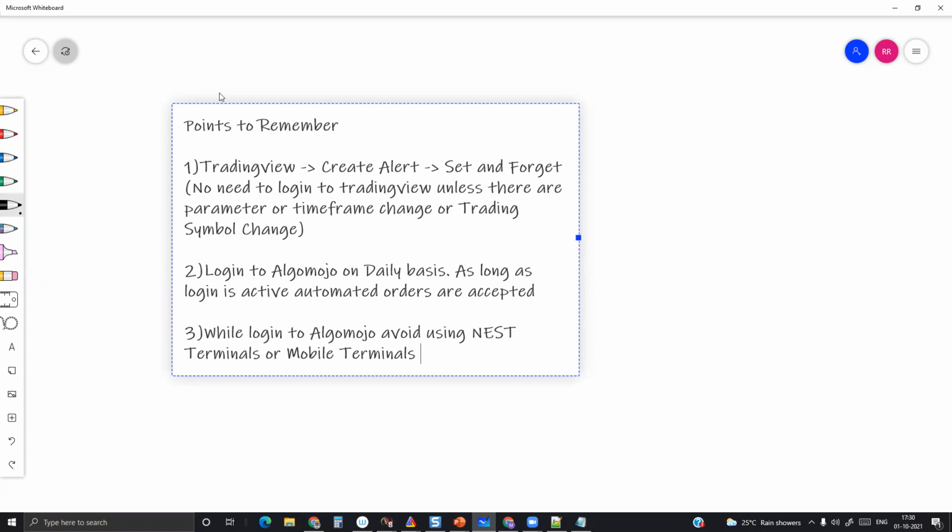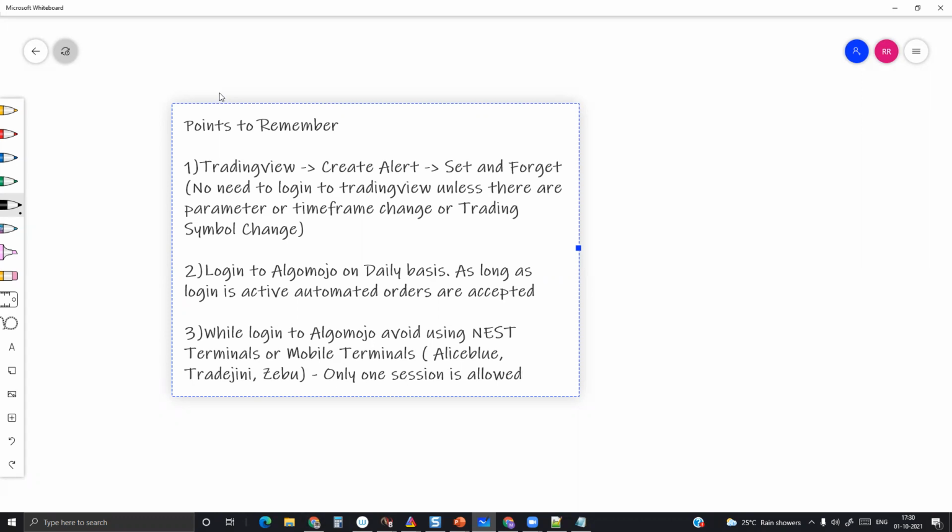Okay, this is applicable particularly for brokers like Alice Blue, some mid-sized brokers, right? Alice Blue or TradeGenie or the other broker like Zebu. These brokers are allowing only one access at any given time. So you can either use AlgoMojo, or you can use Nest Terminal, or you can use mobile terminal. Only one session is allowed with these kinds of brokers.